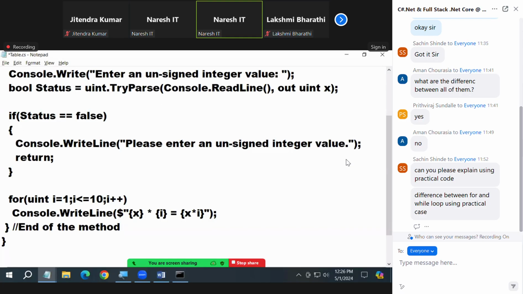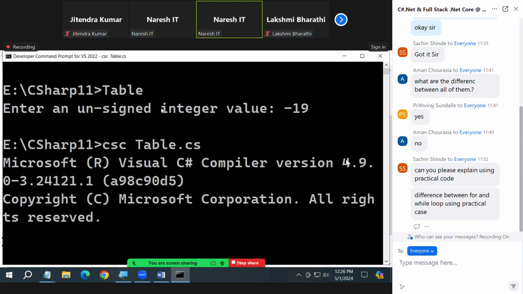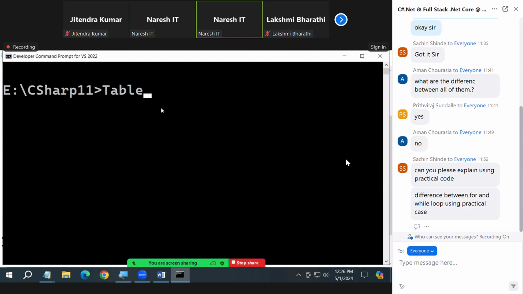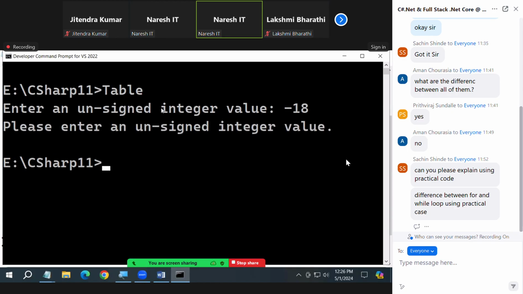And giving the message to the user, clearly telling, "This is the problem. Please enter the unsigned integer." See there, minus 18. No error, but given a clear message to the user. 18